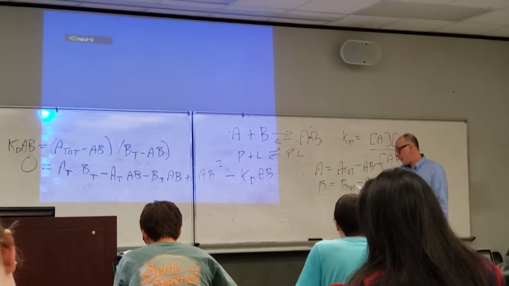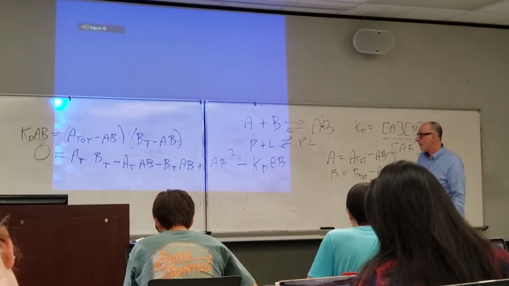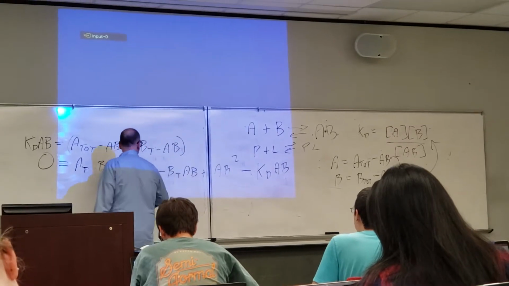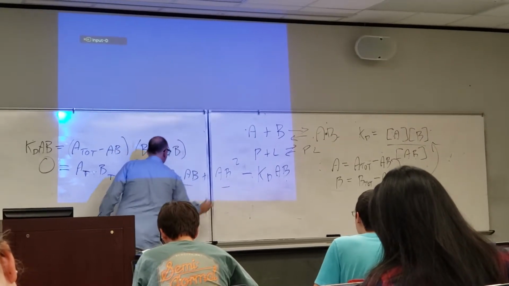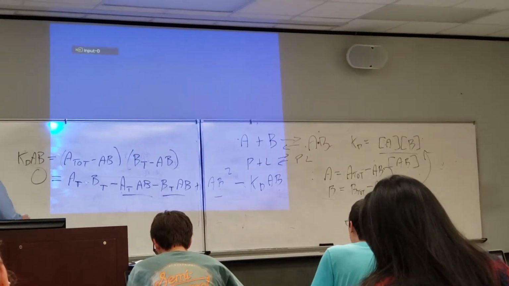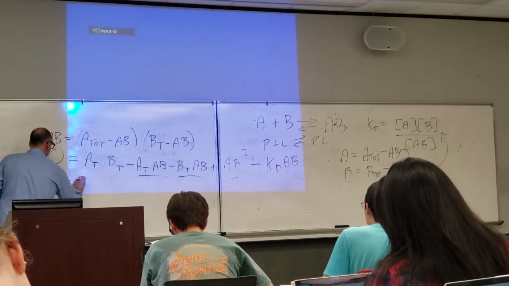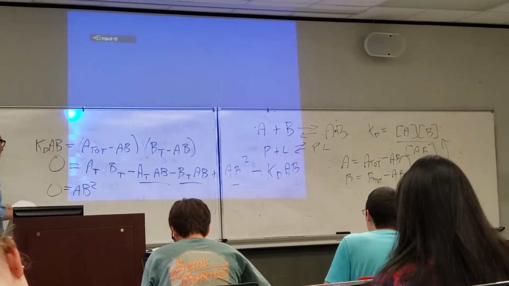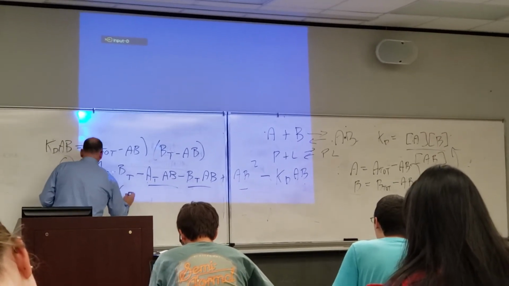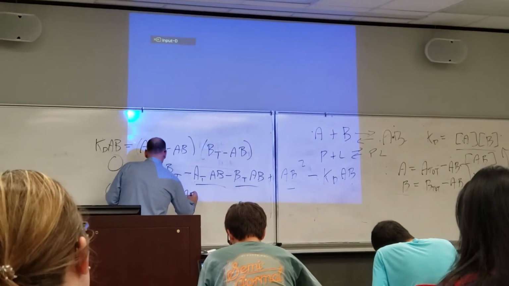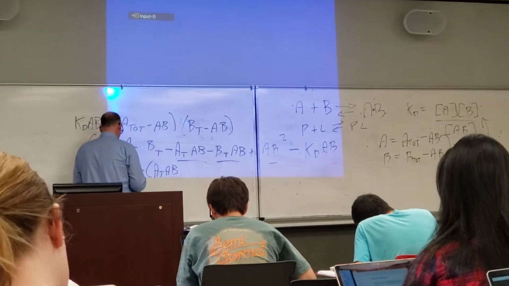Now all I'm going to do is take all the terms that have AB in them, this one, this one, this one, and rearrange it. So simple rearrangement, 0 equals, I'm going to make it look nice. 0 equals AB squared minus AT AB